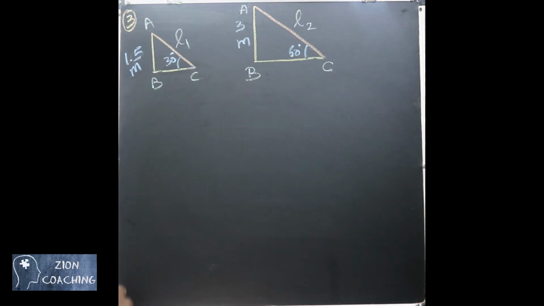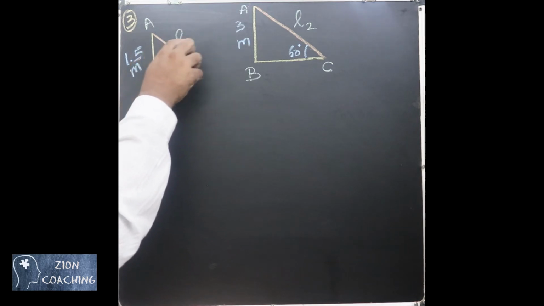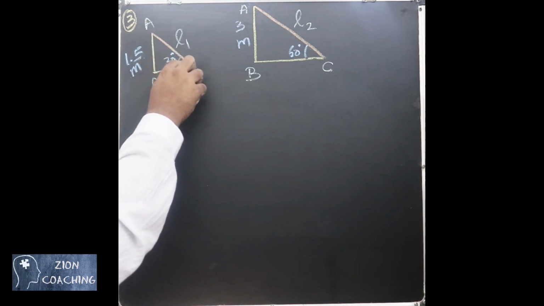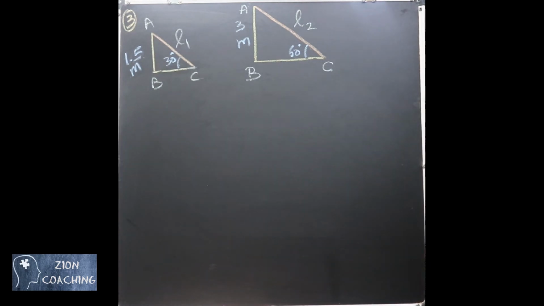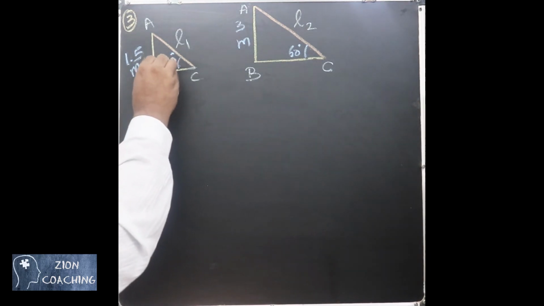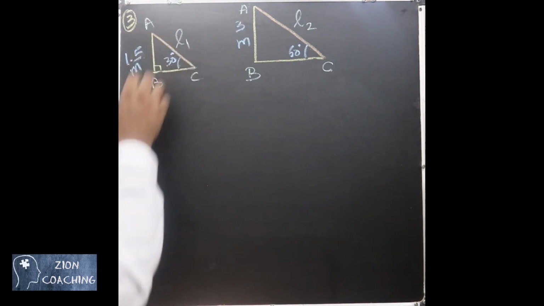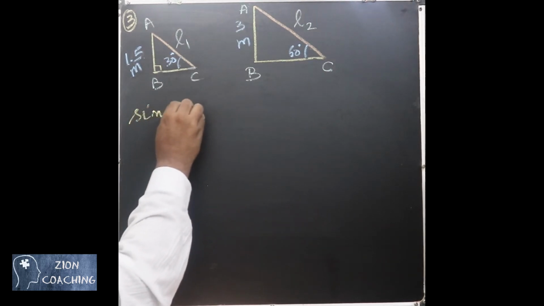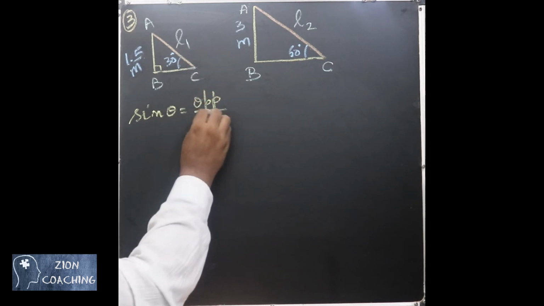When you take the first triangle, we have the angle, we have the opposite side, we have to find the hypotenuse. Since it is opposite to that given angle, I call it the opposite side, and the side which is opposite to that 90 degree angle is the hypotenuse side. So we are going to relate opposite side and hypotenuse, that is nothing but sine theta. You know that sine theta is equal to opposite side by hypotenuse.